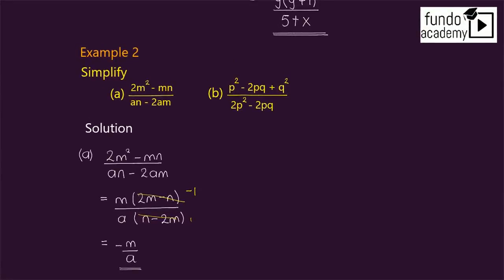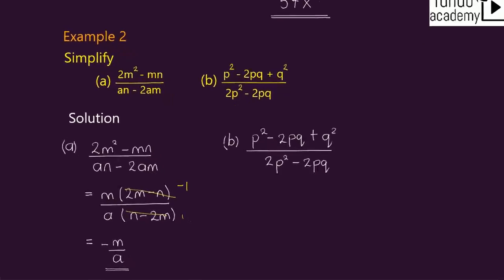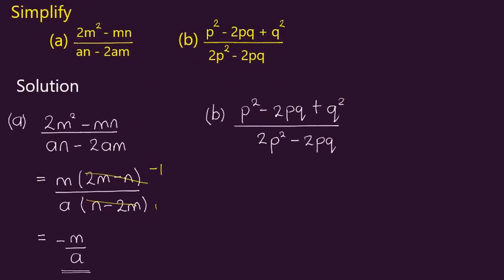Okay, and let's go on to the last one, part B, where we have a quadratic: p squared minus 2pq plus q squared divided by 2p squared minus 2pq. So what do we do on this one? We said we factorize both the numerator and the denominator, but the numerator is a quadratic expression that needs to be factorized using the methods we talked about when we were on the topic of